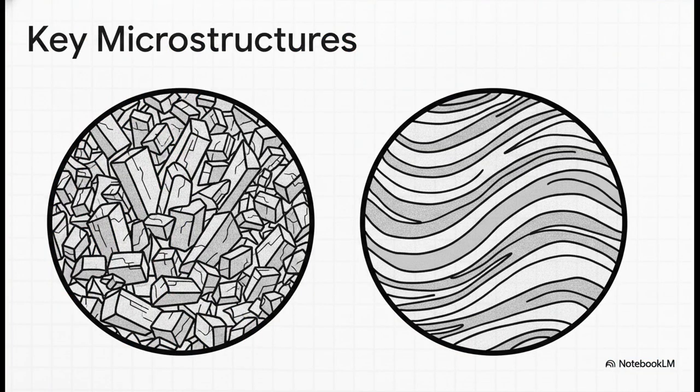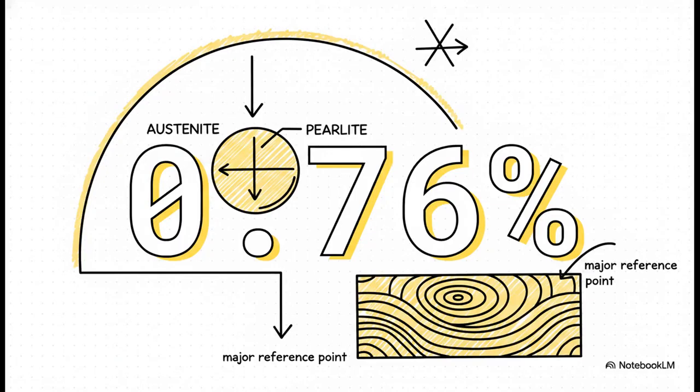So once we start actually adding that carbon, we get these two distinct microstructures. First up is cementite. Basically, when carbon exceeds what the iron can naturally dissolve, it forms this super hard, really brittle iron carbide. And then we have perlite. When austenite cools down nice and slow, it self-organizes into this gorgeous, distinctive layered microstructure of alternating ferrite and cementite bands. Which brings us to a huge, massive landmark on our map,